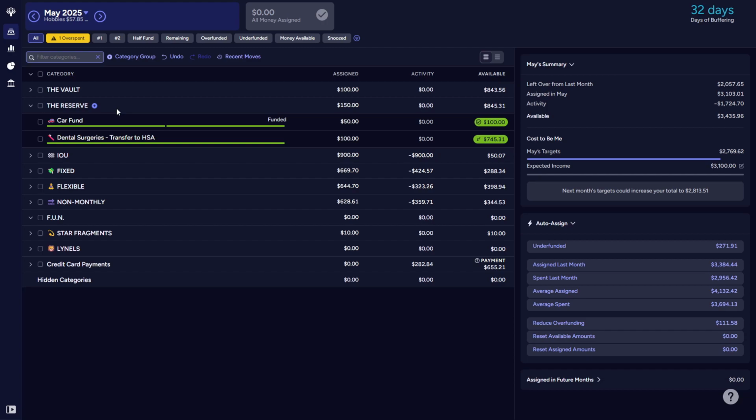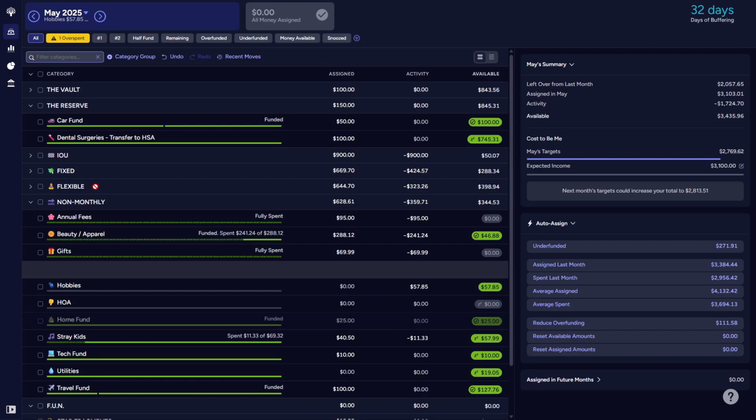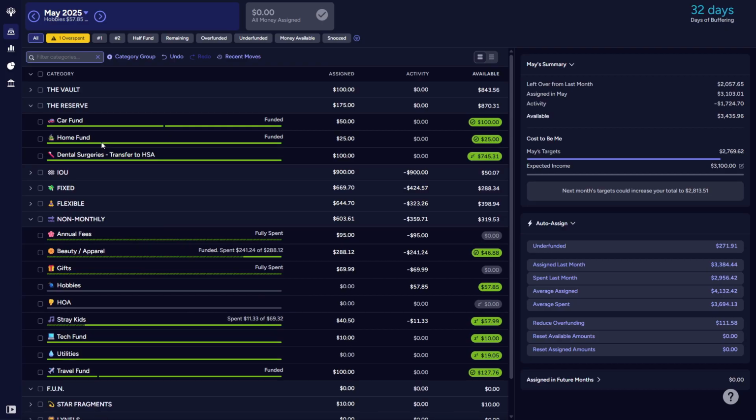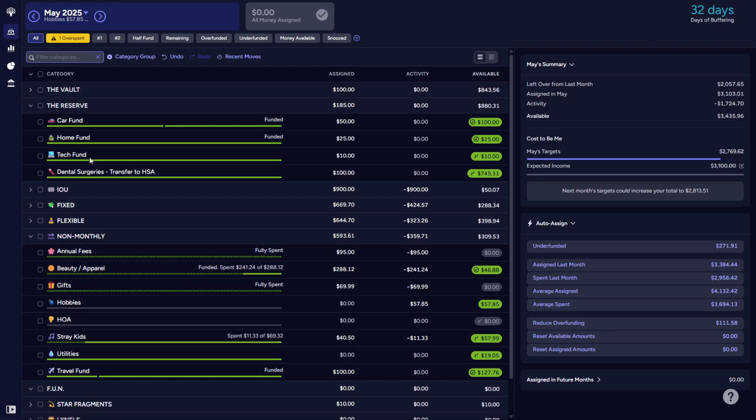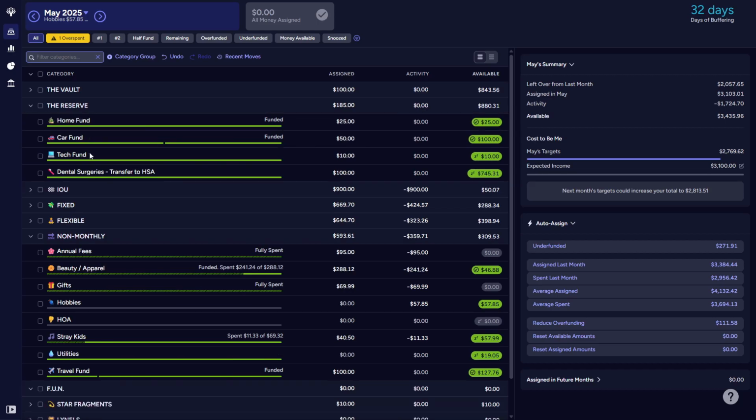This is the one where I am going to be moving a couple more things in here from the non-monthly. So the first one is the home fund. And then the tech fund. And let's see. So we have home, we have car, tech, dental, and I'm going to add an additional one here for vet expenses. And I'm going to name that Vet Set Go, because I was thinking a lot about it,